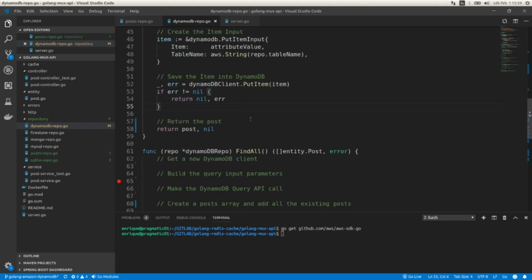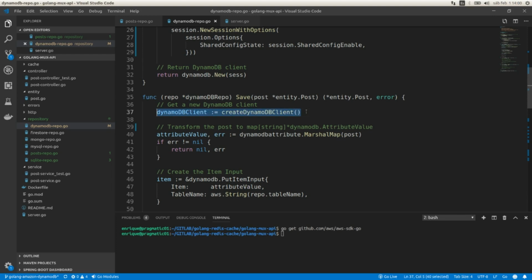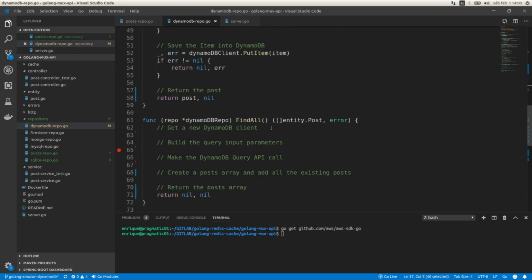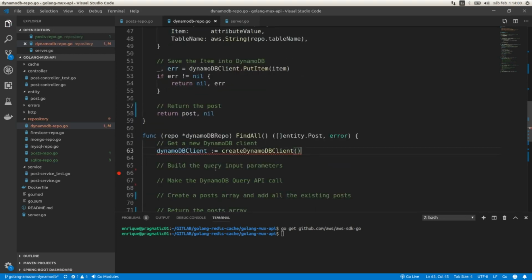Now I'm going to move on to the find all function. So here I need to get a new DynamoDB client. So I'm going to grab this. We're going to use the same variable here. Now we need to build the query input parameters. So I'm going to create a variable. I'm going to call it params. And I'm going to assign this